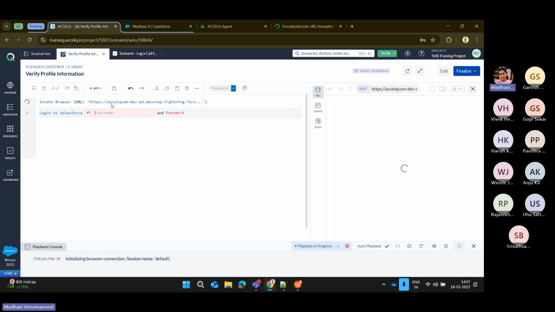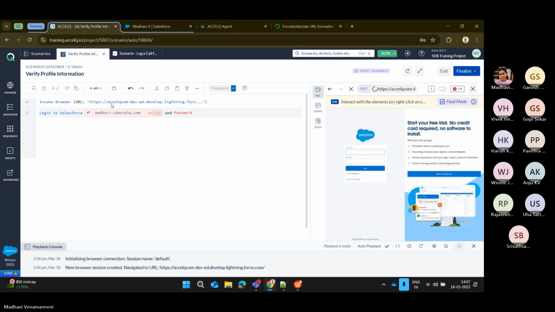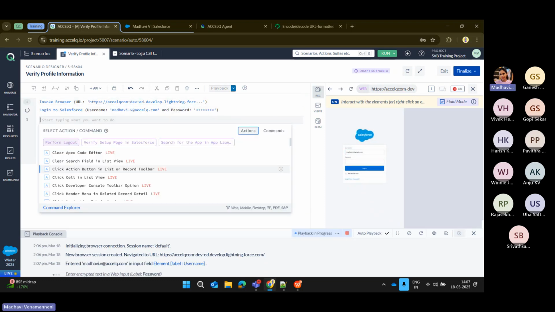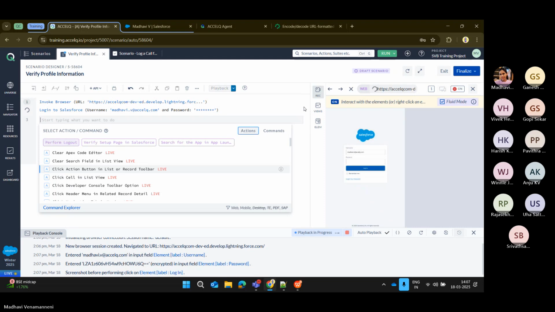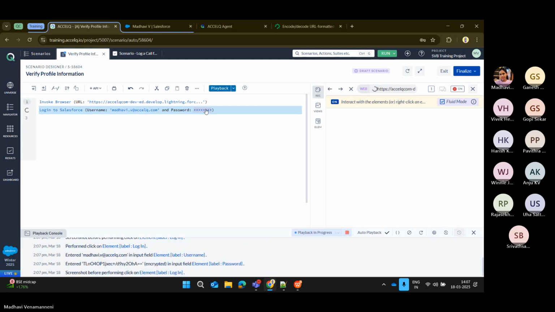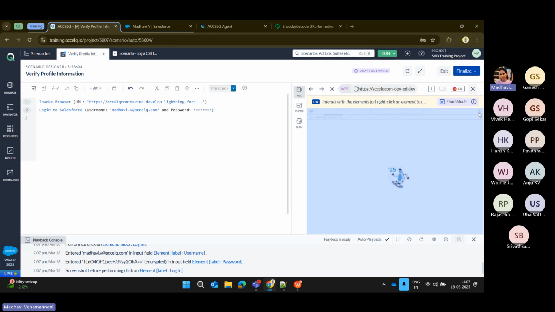Login to Salesforce. Just password. It's going to throw an error. Yeah. Now that we are logged in, my first step would be to click on this profile icon and